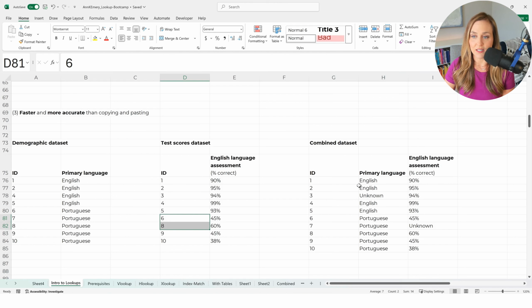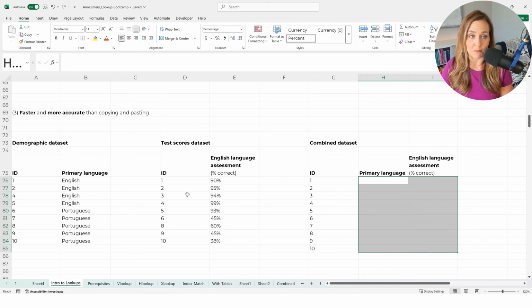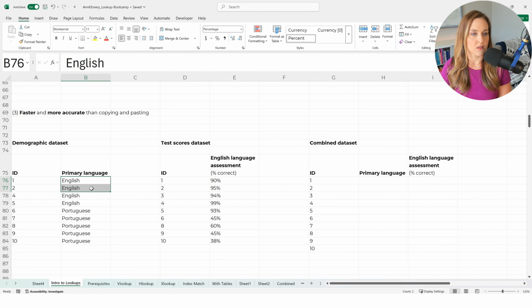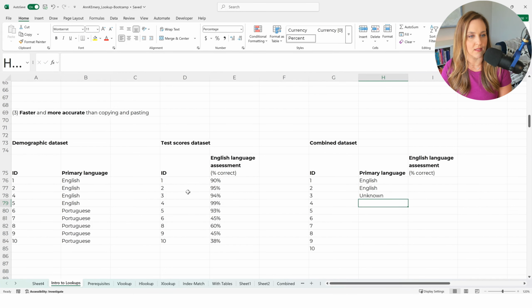Over here, let me delete these lookups and show you how annoying this would be. You'd have to say, okay, here's person one and two, copy, paste, and then person three, okay, they're missing, so you type in unknown or missing. And then here's person 4, 5, 6, 7, 8, 9, 10. Let me copy and paste. That would take all day. And I know I would make a typo because I'd get a new email or my kids would knock on the door. I would have the normal distractions that all of us humans have,